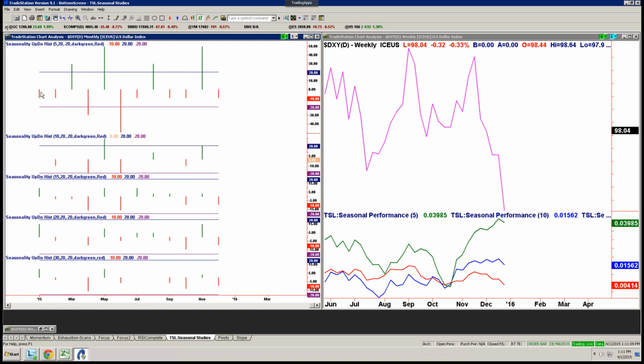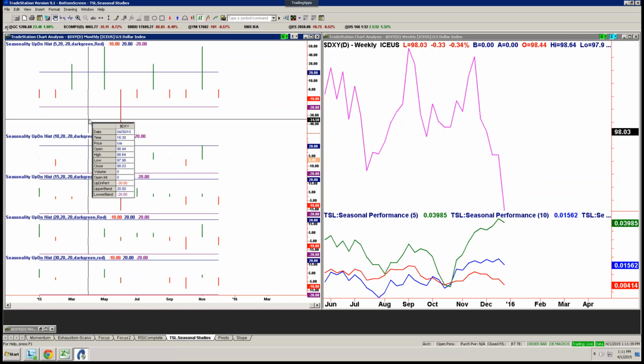So this being the fourth month, this is April right here, and very interestingly, across all the time frames we're looking at, this is the dollar, 5, 10, 15, 20, and 30, every single time period, the dollar is negative, okay? And in fact, for 5 years, it's actually the second most bearish month behind June. Basically, April and June, the dollar tends to really suck. For April, it's very consistent across all time frames.